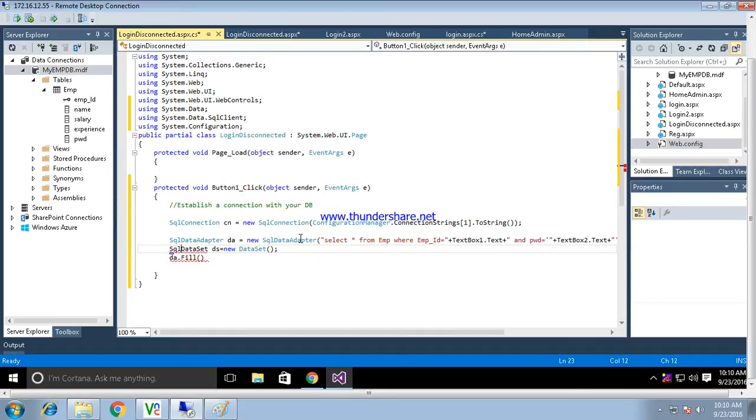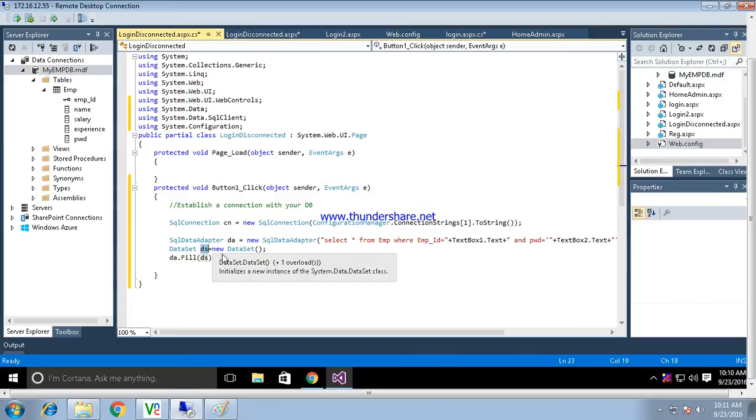Please remember this, if you write SqlDataSet, you will definitely get an error. So I'm using DataSet over here, and whatever data comes from this query, I'm going to fill it into the data set. After filling this data, I can process this data set.